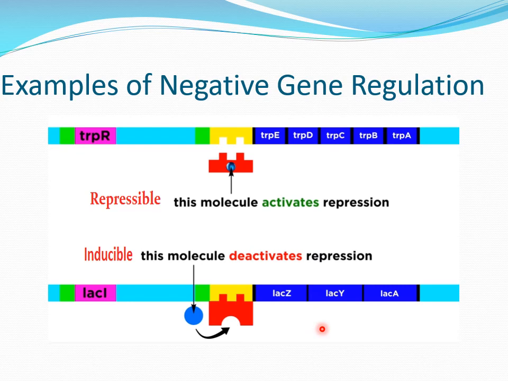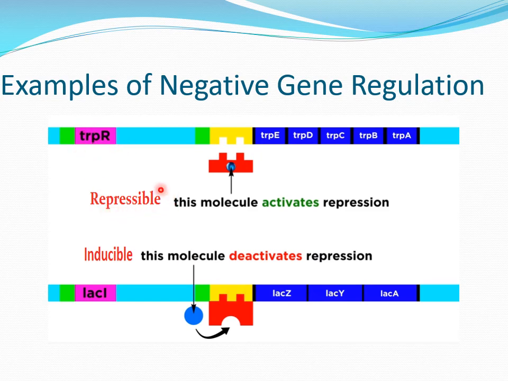The difference, however, is that the lac operon is the inducible type of operon, because in it this molecule, that is allolactose, deactivates repression. It induces the transcription process by removing this regulatory protein from the operator site,